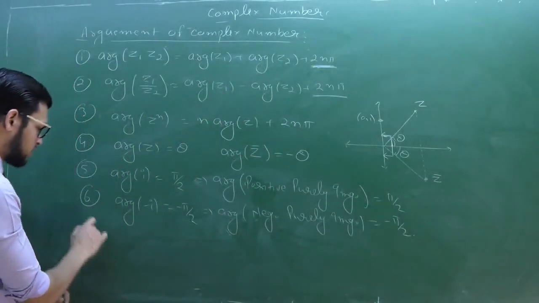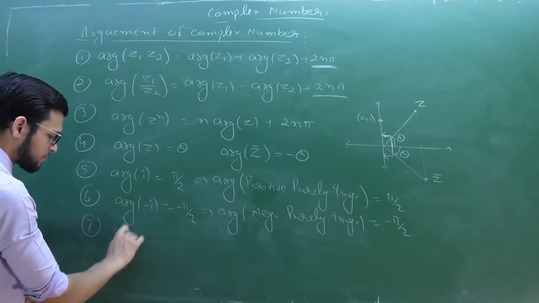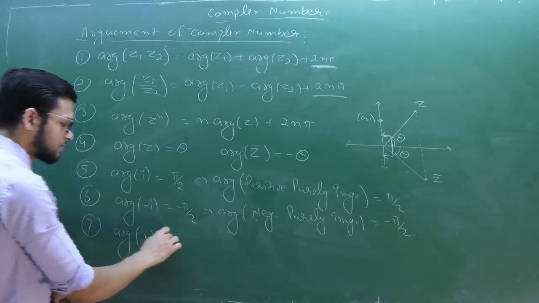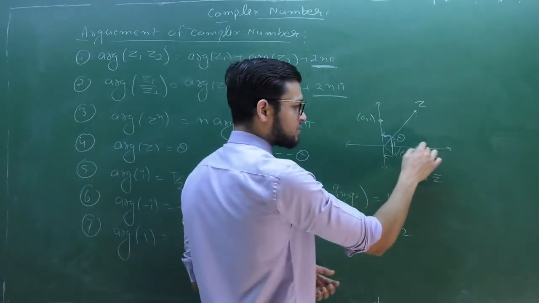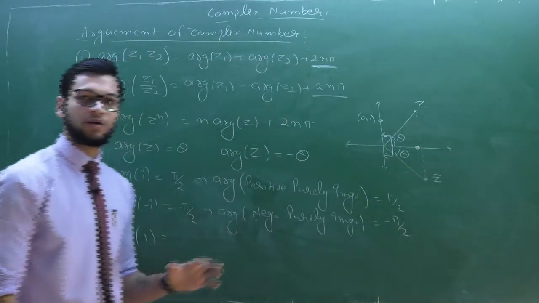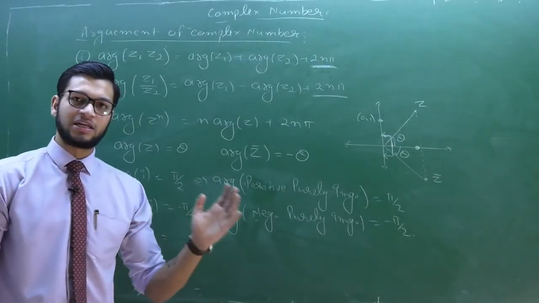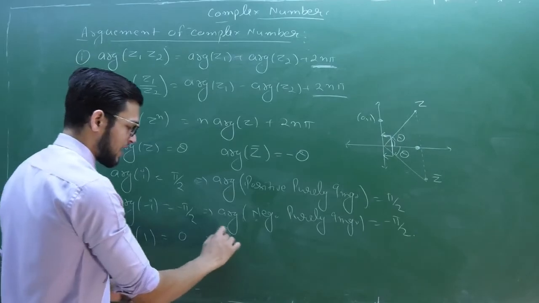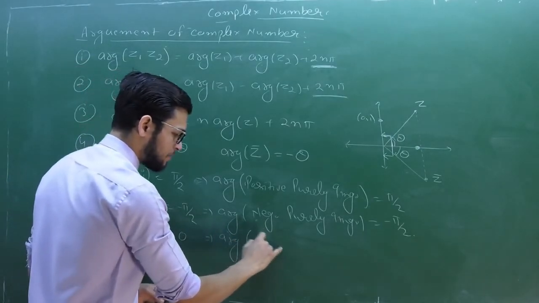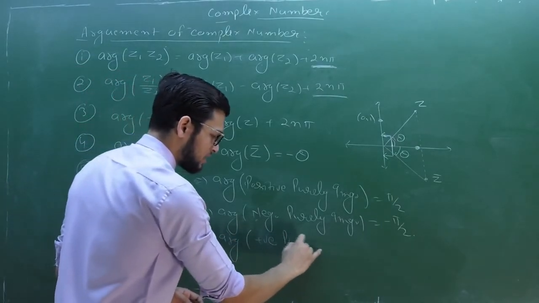Now if you want to calculate the argument of 1, or you can say the argument of any positive real number, so any positive real number lies on the x-axis. If we calculate the angle from the positive real axis in the anti-clockwise direction, then it will definitely equal 0. So we can say the argument of any positive purely real number